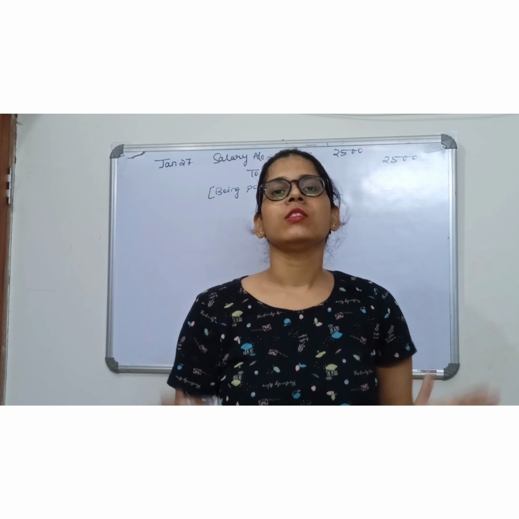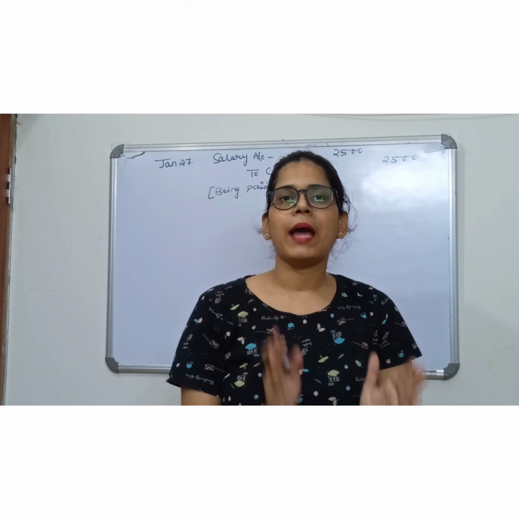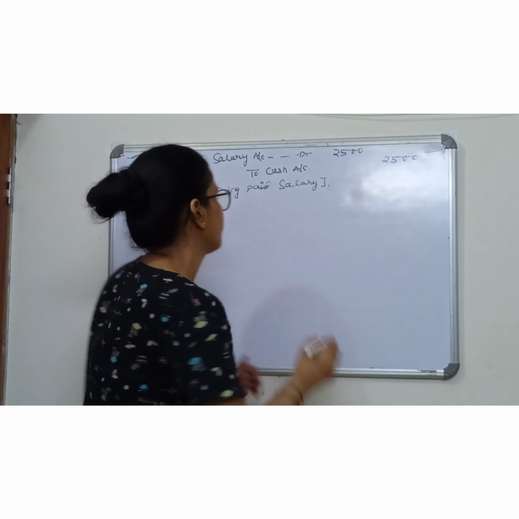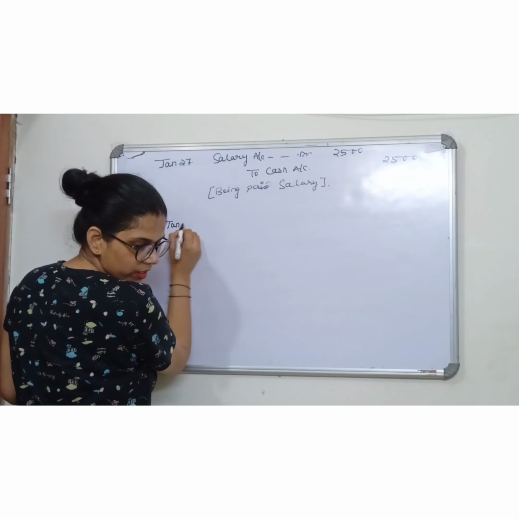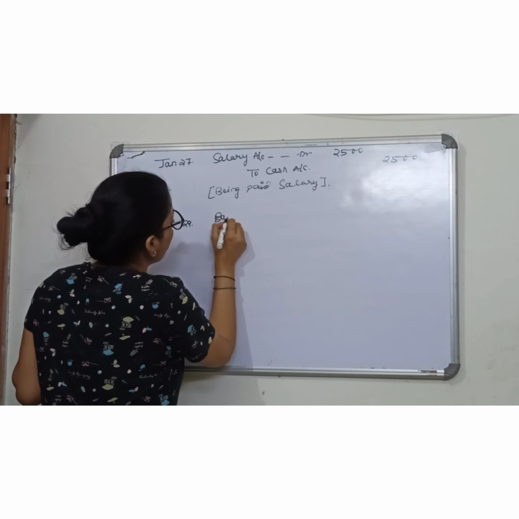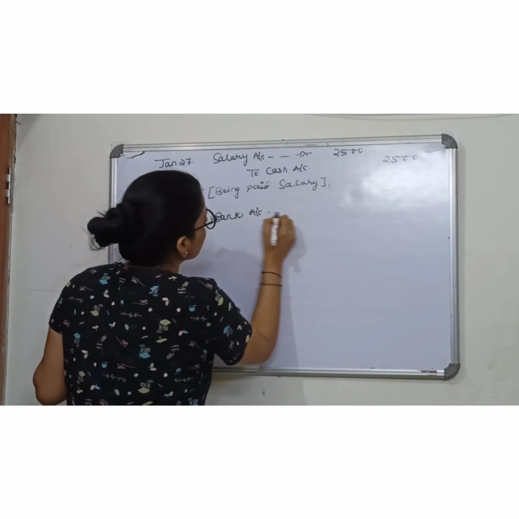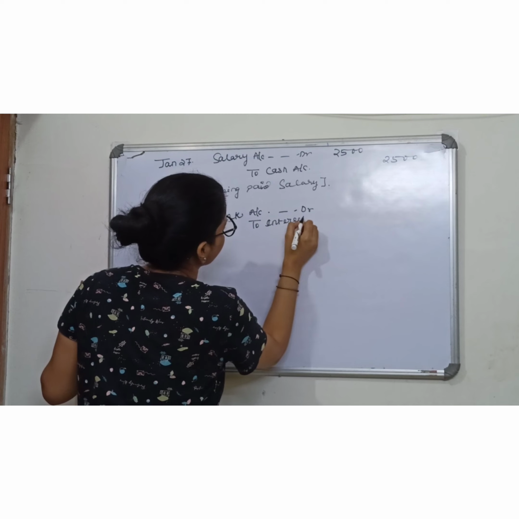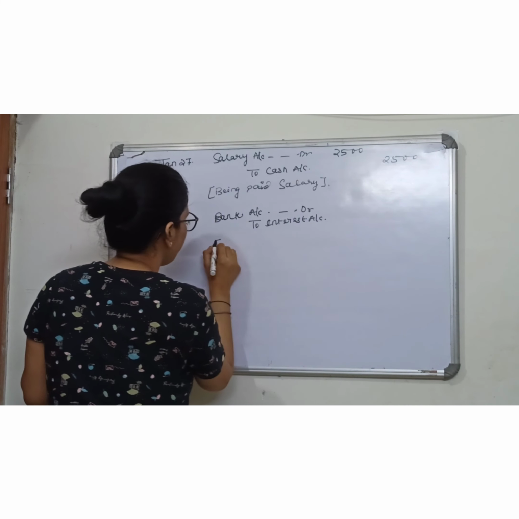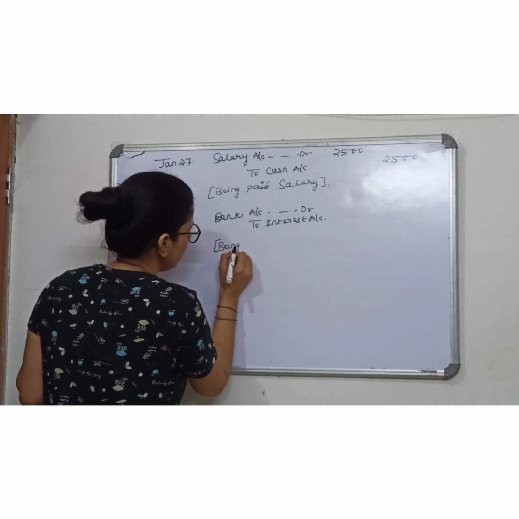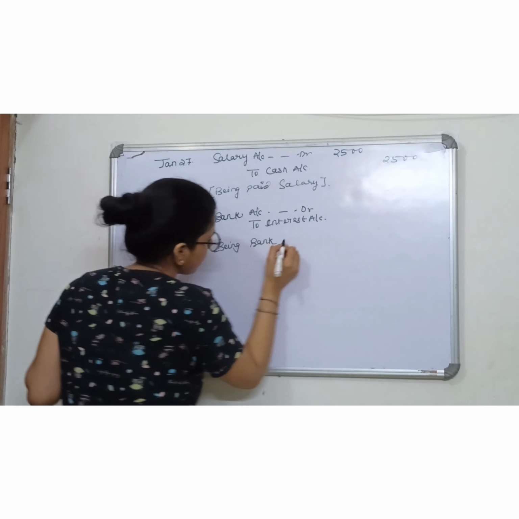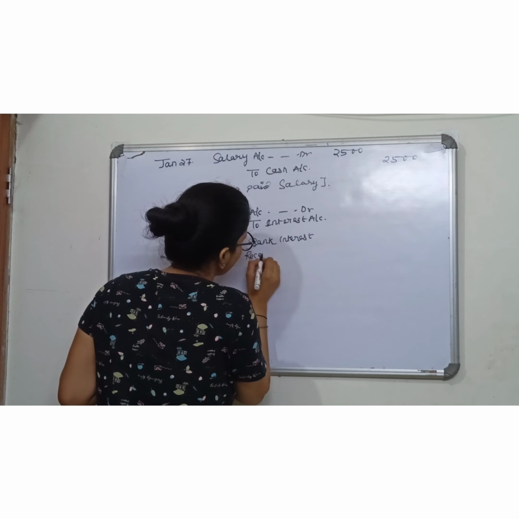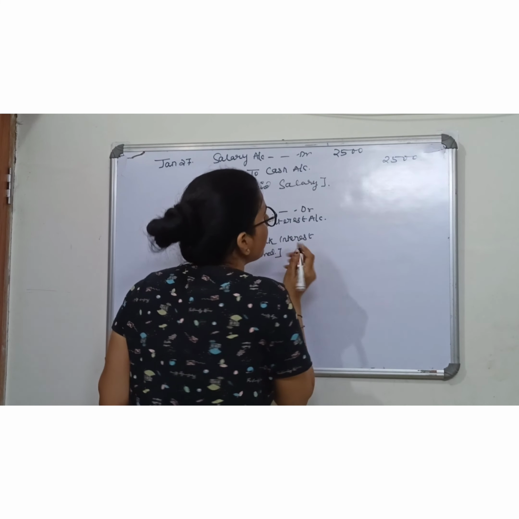So the whole journal entry will be bank account debit to interest account. The date is January 29th. Bank account debit to interest account being bank interest received, and the amount is